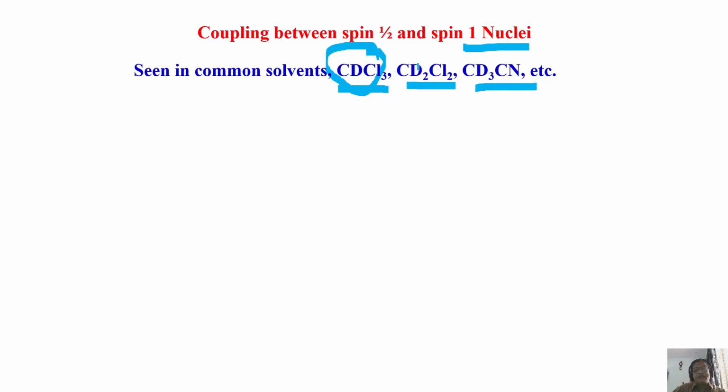Similarly, dichloromethane, not methane, what is it? CD2Cl2. Whatever it is, I don't know the name of the molecule. You people know, chemistry people should know. Again there is a residual proton coupling, and you are going to get protonated peaks. Similarly, CD3CN. Interestingly, these are several isotopomers. It can have CD2HCN, CD3CN, CHD2CN, CH2DCN, all those things we can get. So all these isotopomers have residual proton peaks.